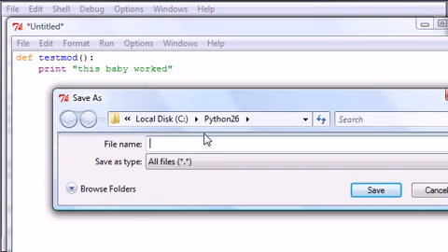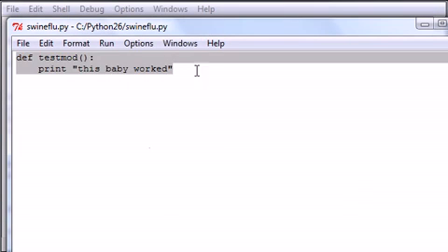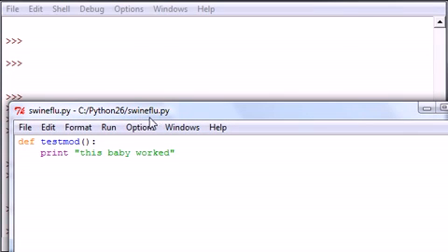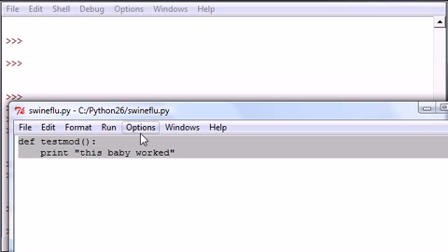Go ahead and save it, and remember this name. I'm going to save mine as swineflu, because that's what's in the news today, .py, and again, this name and the py extension are both very important, but more so you have to remember the name more than anything, and I'll show you why later. So go ahead and save it as some name, then py, then press save. Now we have a module named swineflu.py. You can see the name over my cursor right here,